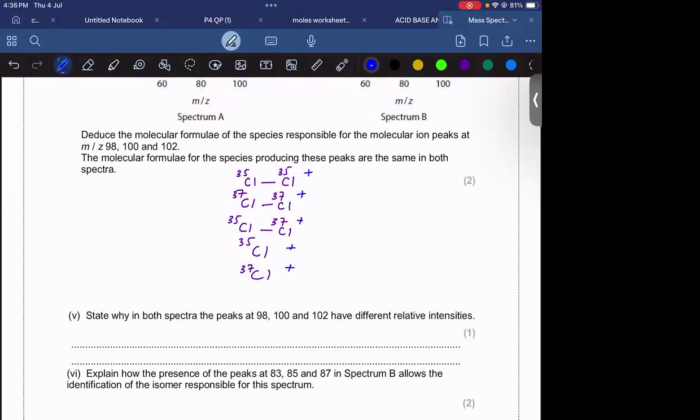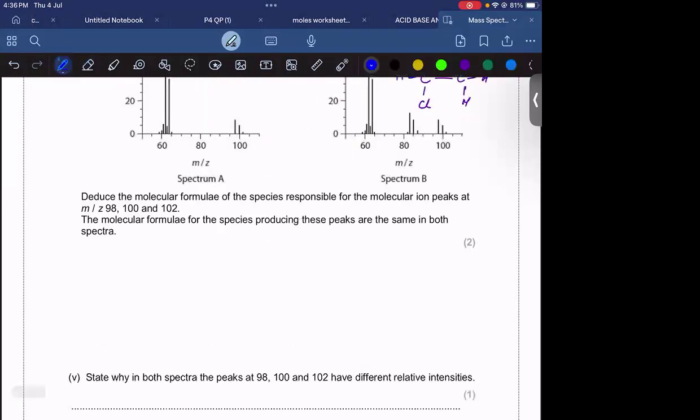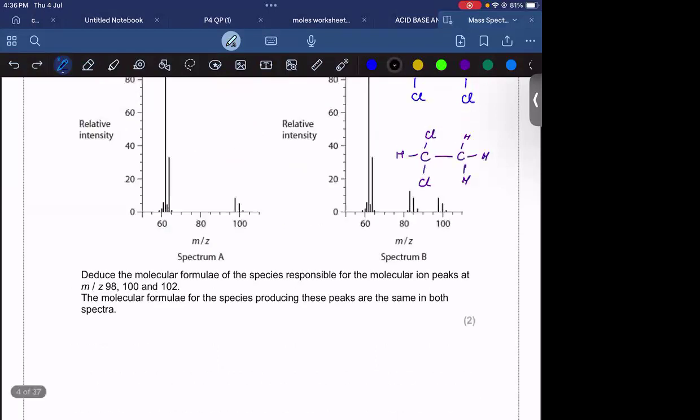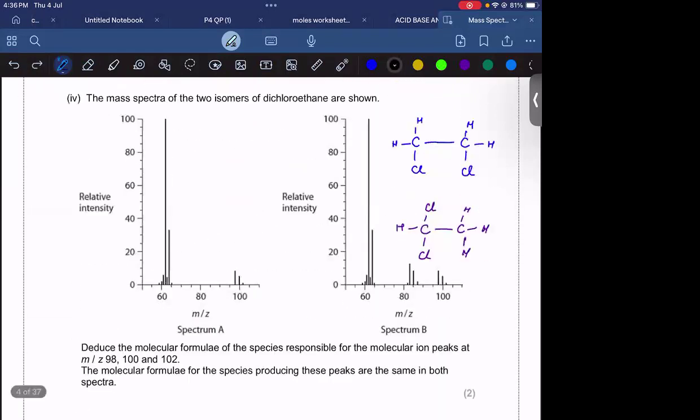So same goes in this question. Let me make a possibility of 98. You know the formula is C2. Can you tell me the molecular formula? C2H4Cl2. Exactly, and this is positively charged because we are going to determine only the cation in a